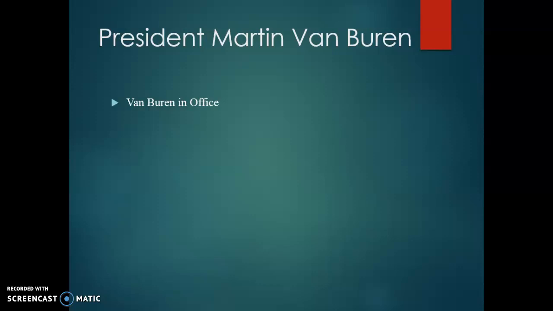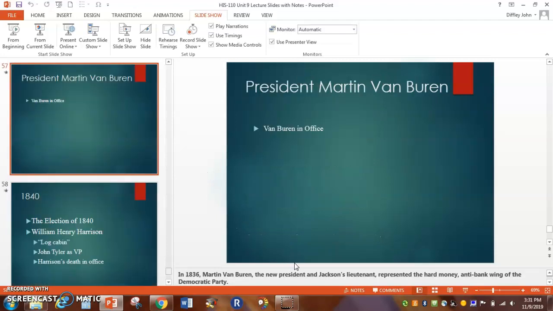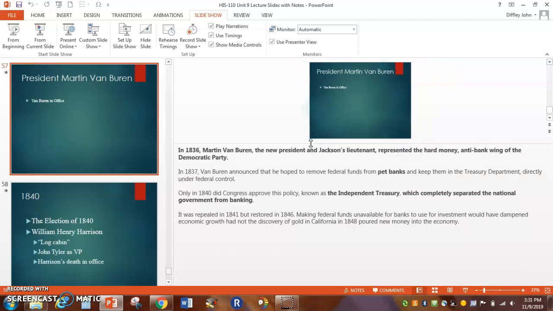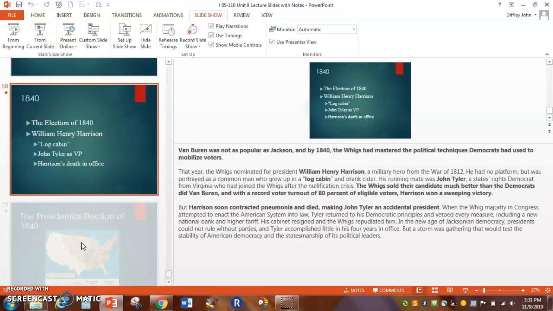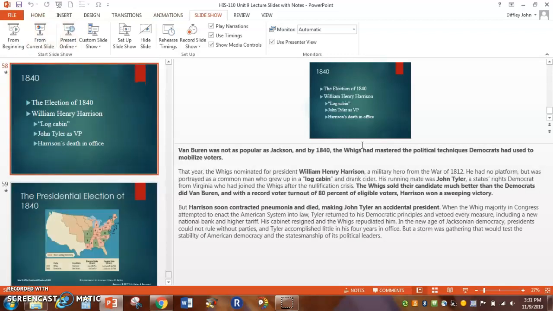There's more about Martin Van Buren here. You can see it in the notes. Just a little information here for him. It's really what you need to know. Again, it is really right here. Sorry, I couldn't think of that word there. But this separates the national government from banking, right? So eventually, even today, we have the Treasury, which is a quasi-government institution.